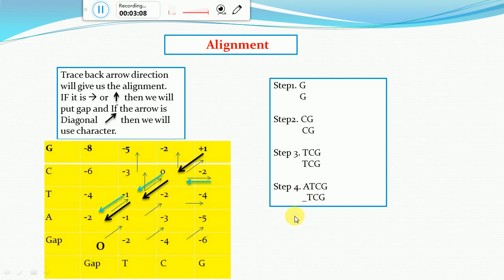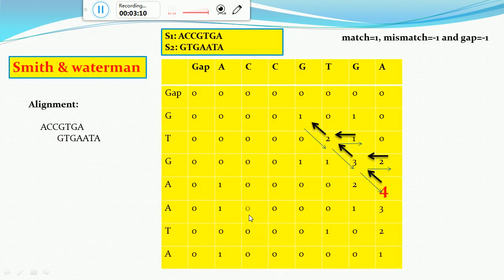Okay, so let's move on to the local alignment. Local alignment and global alignment work on the same principle. In this process also you have to calculate the matrix, and all the steps of filling the matrix are the same as in global alignment. The only difference is that in global alignment, when you get a negative value, you keep that value as it is. Like if you get -1, -2, -3, -4, whatever value you get, you keep it as it is. And if you get a positive value, you also keep it as it is.